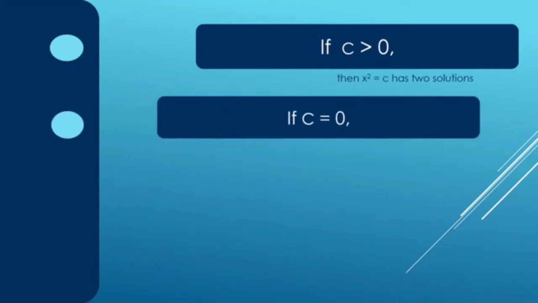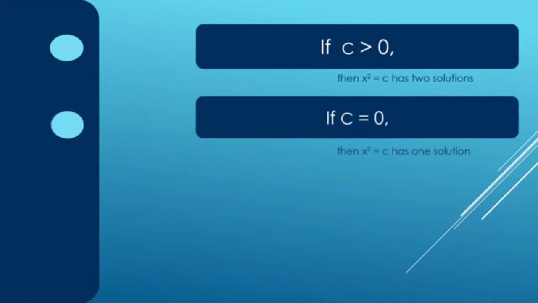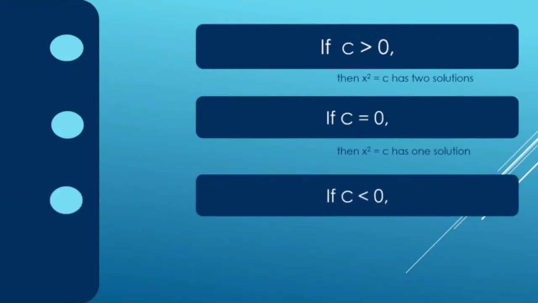Here are some guides in finding how many possible solutions there are for an equation. The first one states that if c is greater than 0, then x squared equals c has two solutions, where x squared is the quadratic term and c is the constant. The second states that if c is equal to 0, then x squared equals c has one solution. The last one states that if c is less than 0, then x squared equals c has